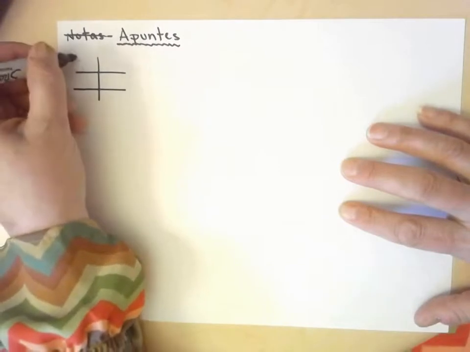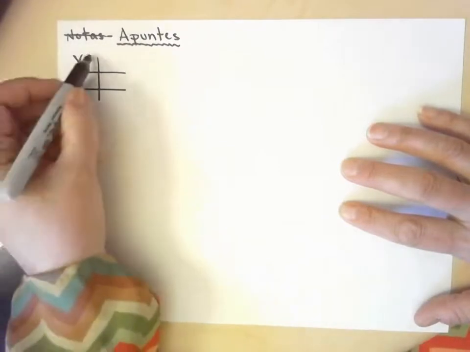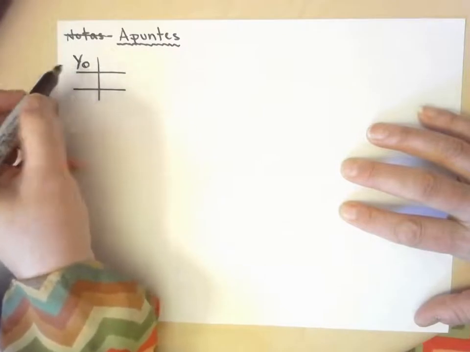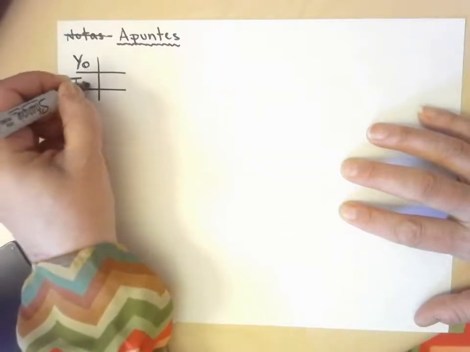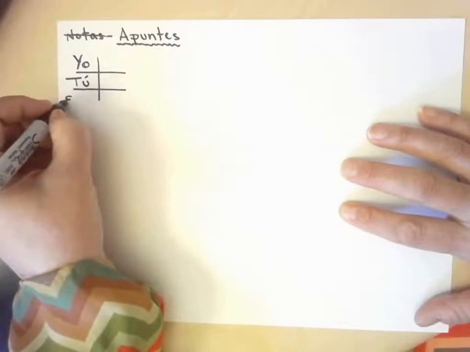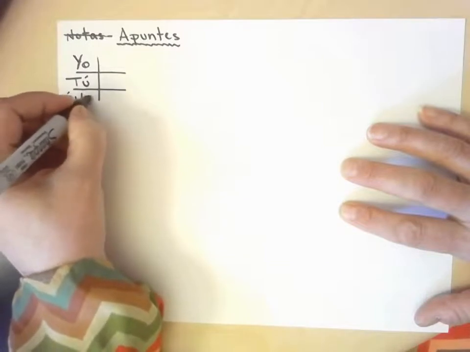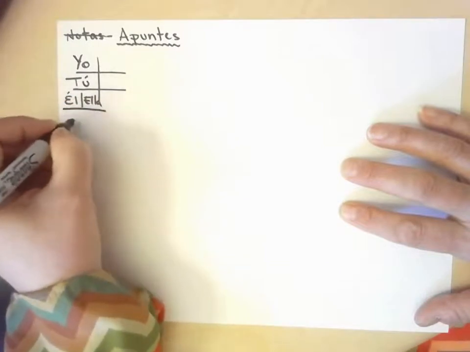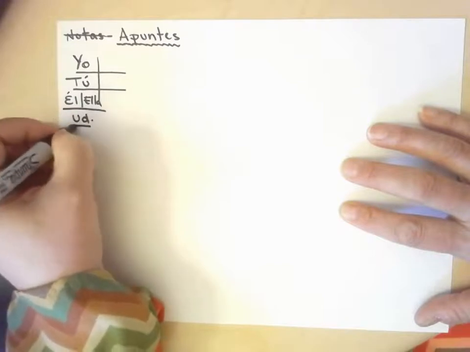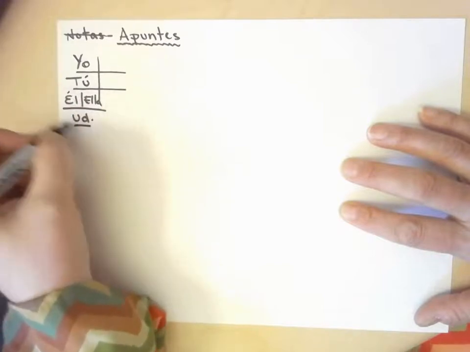Anything that goes in this part is yo. When I talk about myself, whatever verb form is going to be seen in this part. Here is tú, here is él, ella, and occasionally usted, because the formal you is also the same as